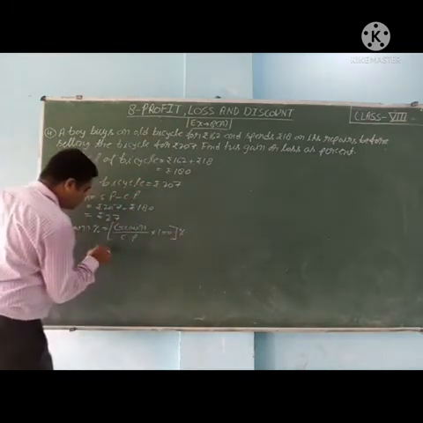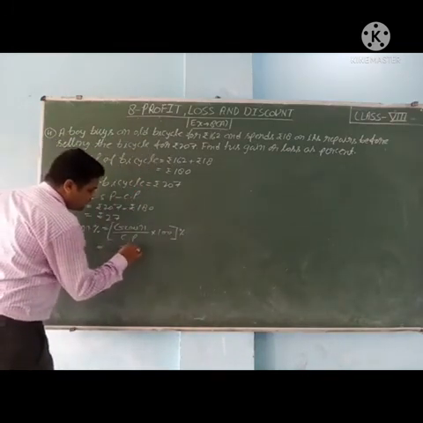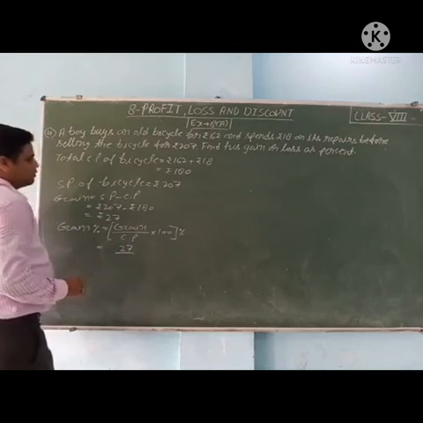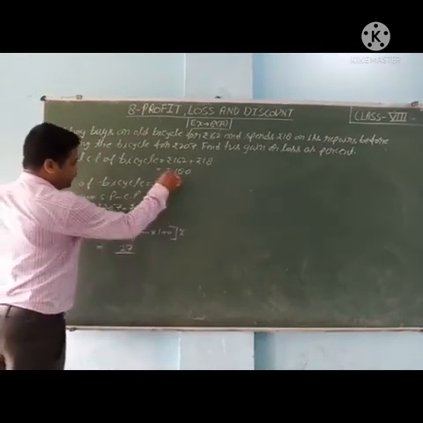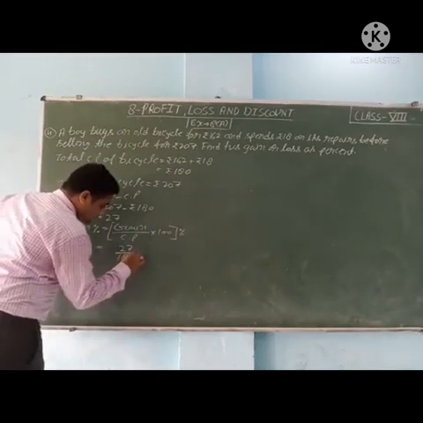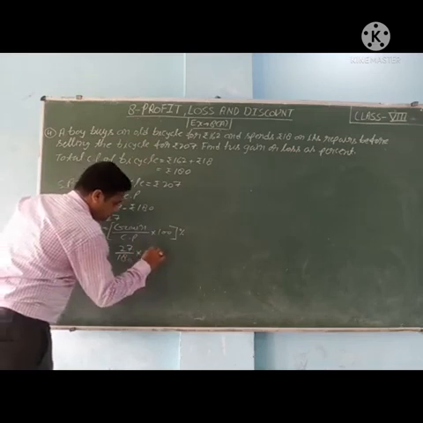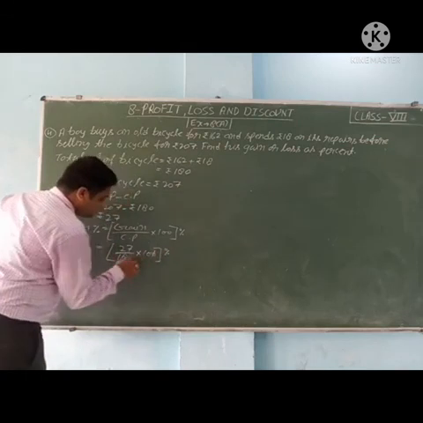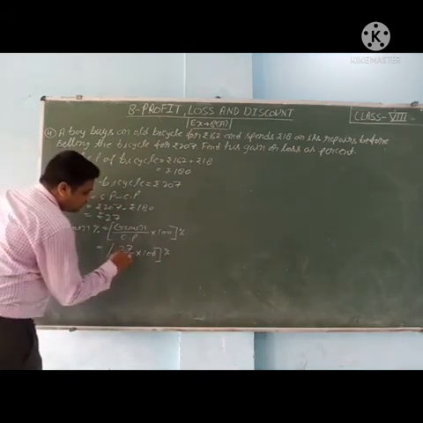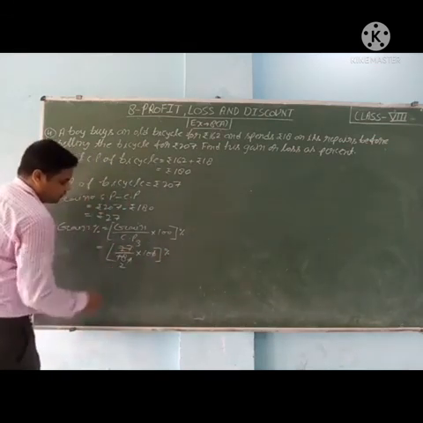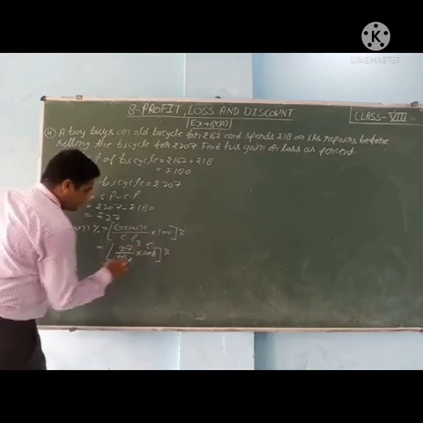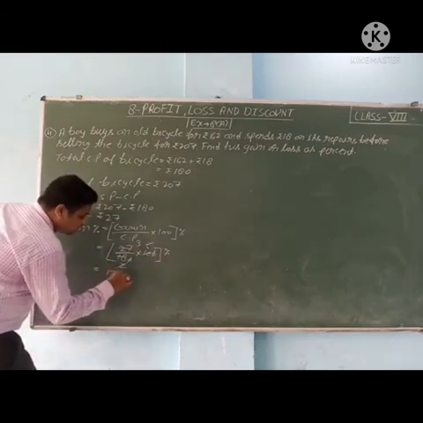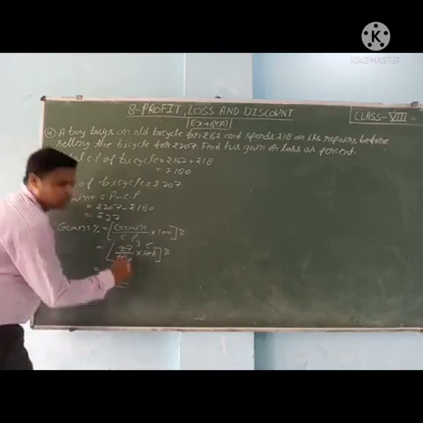So gain is 27 and CP is 180, total CP we will take, multiplied by 100%. So 0 to 0 cancel, 9 2s are 18, 9 3s are 27, 2 5s are 10, so 5 3s are 15%. So gain percent is equal to